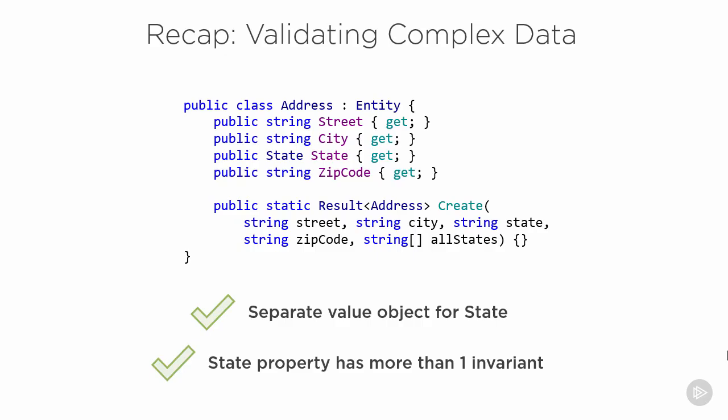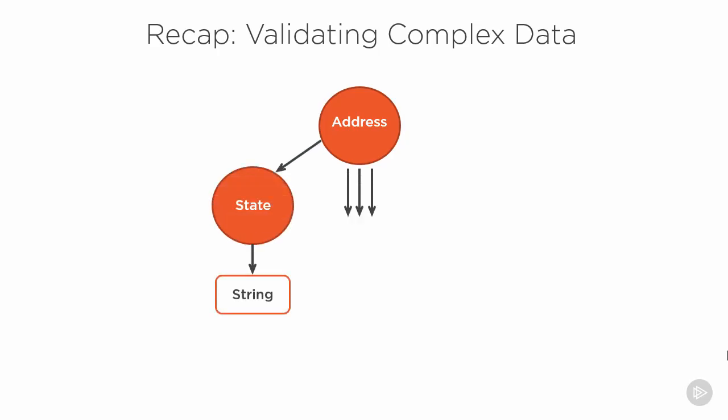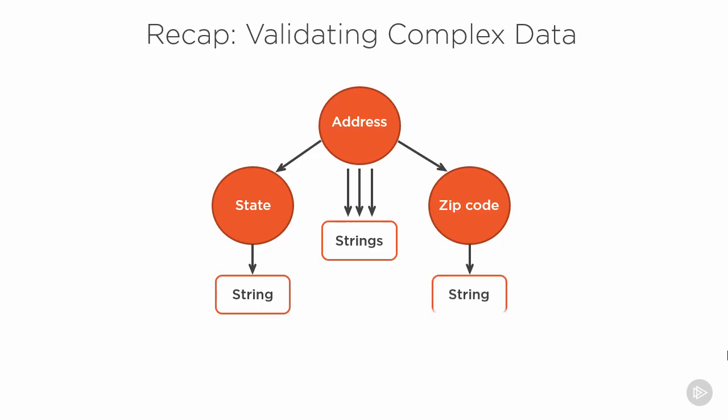Notice that currently only the state property of the address class has its own value object. The validation rules for the rest of the properties are encapsulated within the address class itself. But as we introduce more validation rules, we may decide to add more and more value objects. For example, we could add a regular expression check for the zip code property to make sure that all its 5 characters are digits. This way, we would get an abstraction hierarchy or an abstraction tree, where all value objects